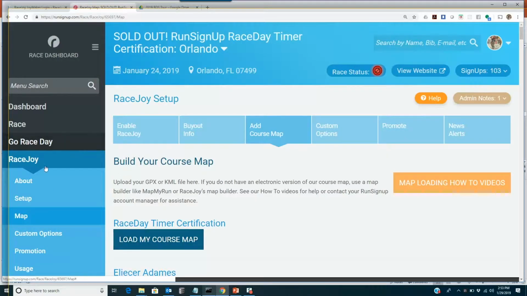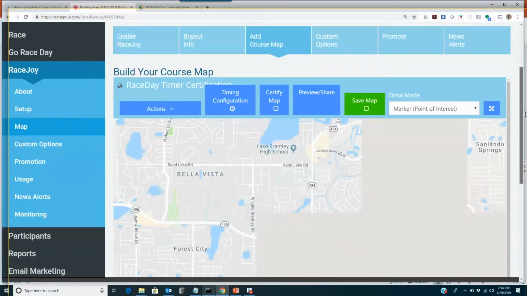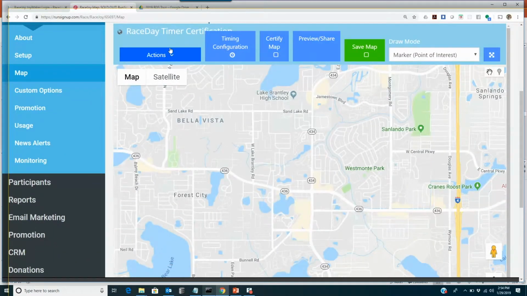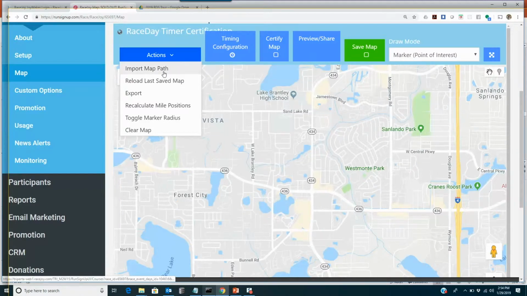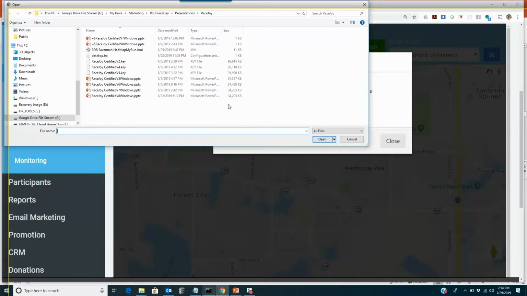So once you go on your dashboard, if you go to RaceJoy and then go to Map, you're going to come into Add a Course Map. All you have to do is go into Load My Course Map. Under Actions, if you select Import Map Path, you can either drag and drop, or you can browse to where you saved that file. I'm just going to select Browse, and you can see this BDR Savannah half Map